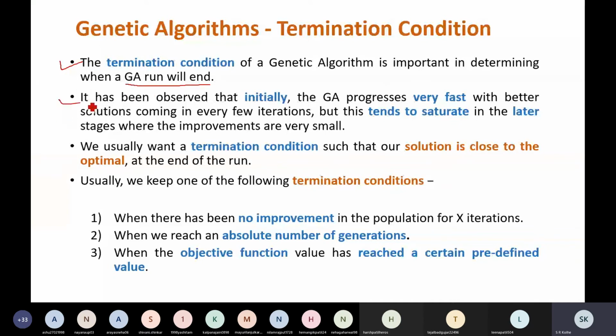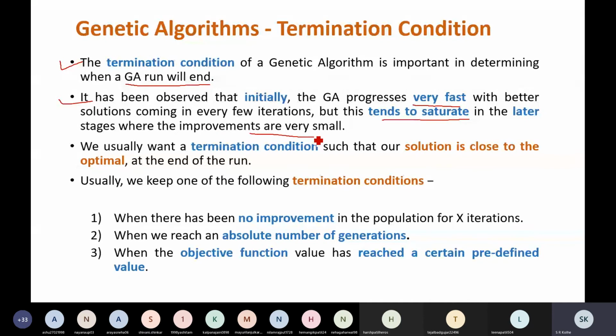It is observed that initially GA progresses very fast. So you are going to get newer, better and better solutions in the initial phase of the algorithm. But after some time you will find that the algorithm tends to saturate in the latter stages, where improvements are very small. How are you going to determine improvements? By applying fitness.